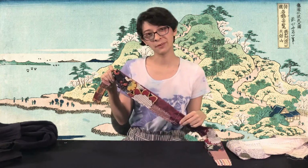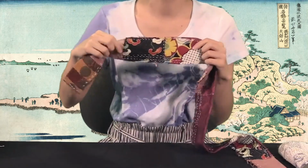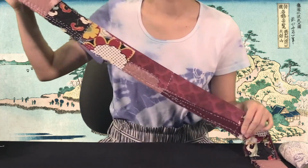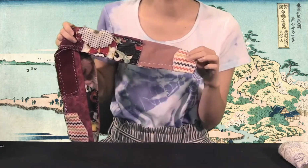So here's a red Boro sample I made that I was less happy with. I think some of the fabrics on here are too whimsical and feel out of place with the traditional design, and I'm especially pointing to these and this one. These feel very modern,